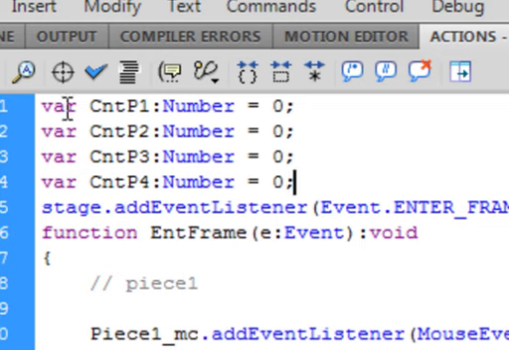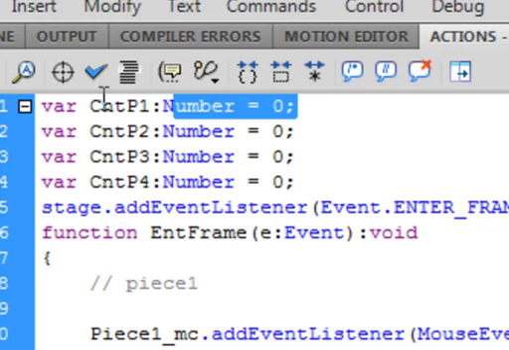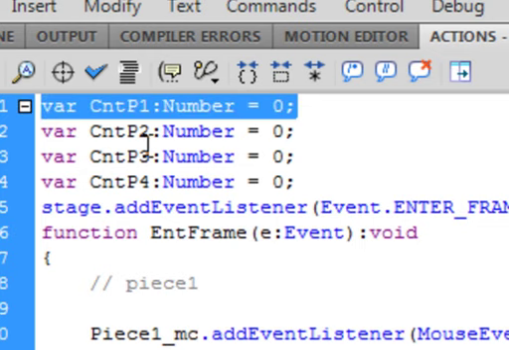You're going to start off with var, that'll turn purple, and I'm calling it cntP1. It's the count for piece 1. Colon, Number, capital N, that'll turn blue, equals 0, semicolon, and just copy that, paste it 3 times, change the 1 to a 2, then to a 3, and to a 4, and this is how we're going to keep